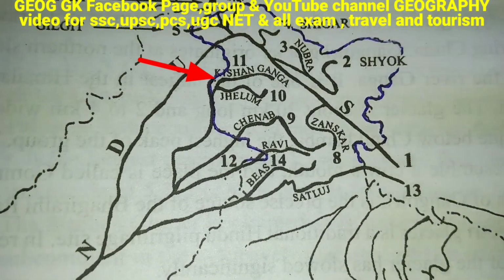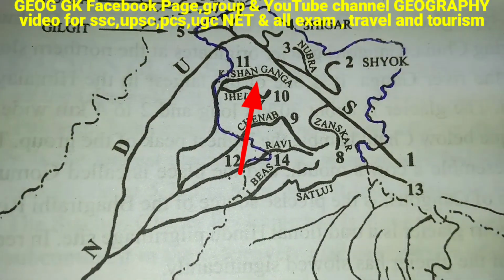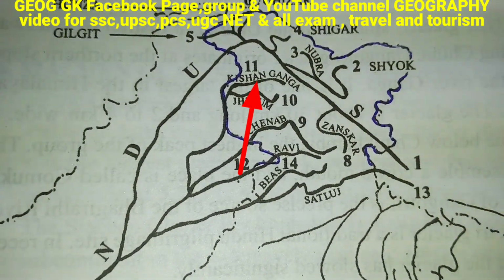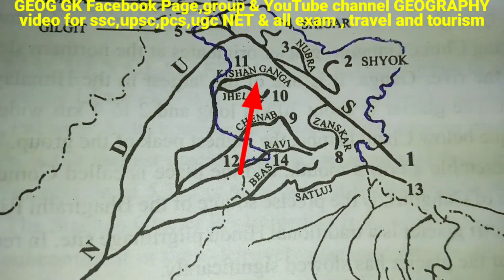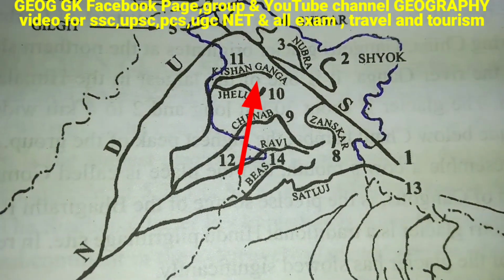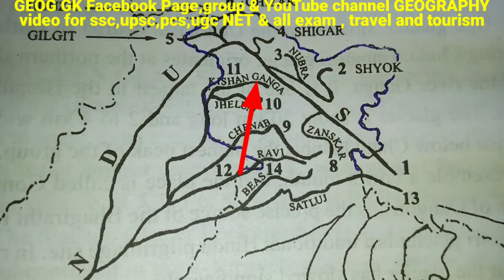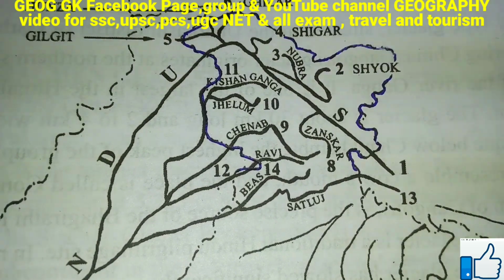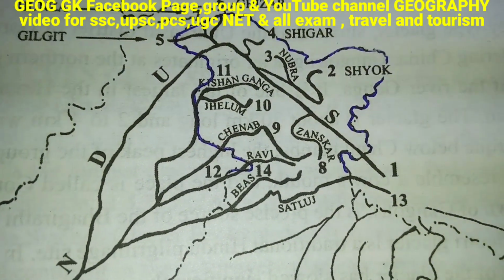11. Kishanganga. Also spelled as Kishenganga, it originates at Dras in the Kargil district of J&K. The Neelam River enters Pakistan from India in the Gurez sector of the Line of Control, and then runs west till it meets the Jhelum River at Domel, north of Muzaffarabad. It is also called Neelam River, either due to its sky-colored water, or due to the precious stone ruby, Neelam, that is found in this area. It is famous for ice-cold water and trout fish.